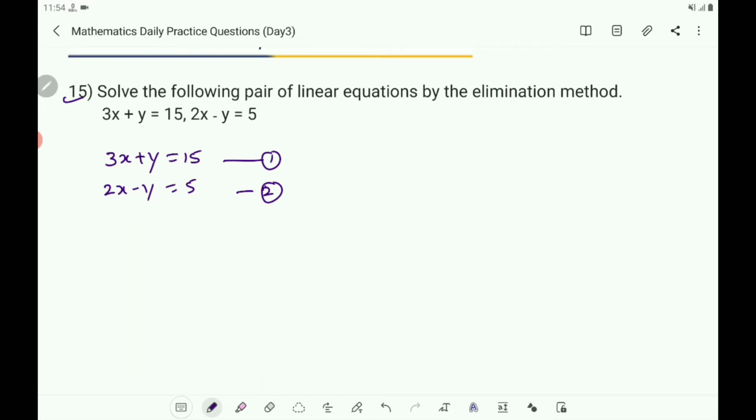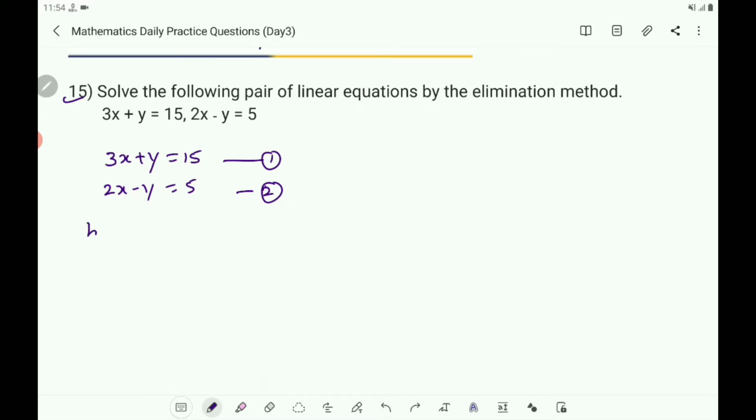And here, as we have to solve this by the method of elimination, we have to eliminate any one of the variables and observe the coefficient of the variable with their sign. Here you can observe that y is having the same coefficient with the opposite sign. So here the coefficient of y is plus 1. Here the coefficient of y is minus 1. So you can cancel y easily. So to cancel y, check whether we have to do the addition or subtraction. As these two are having opposite sign, we have to add the first equation and second equation.